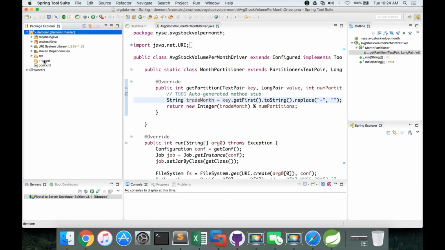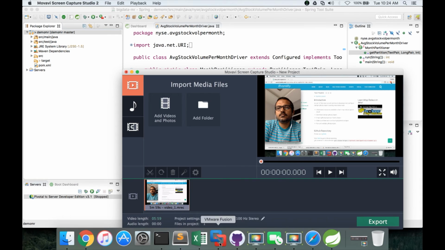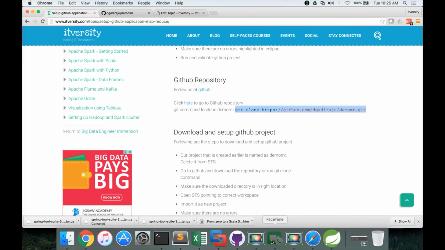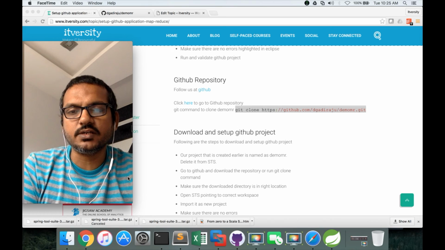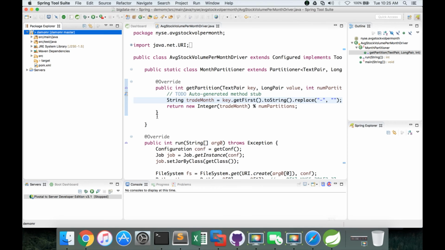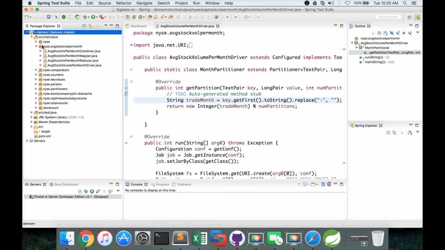Now we have to run the MapReduce application to make sure that it is successful. We have downloaded and configured properly because we don't see any errors, but we have to run it to make sure it is successful, and we will take care of it as part of the next video. So as part of this video, we set up a GitHub project in Eclipse, and let me review several components which are already there, but we will not be running all those things.